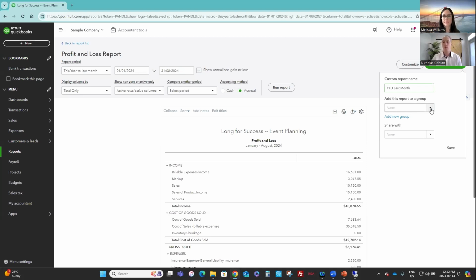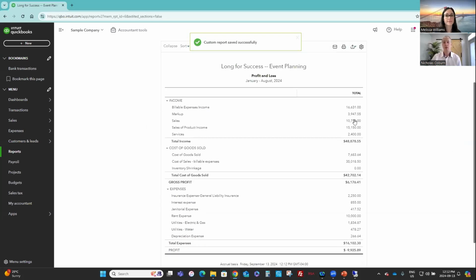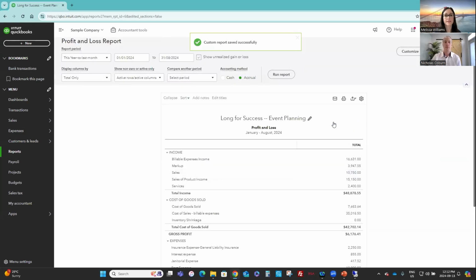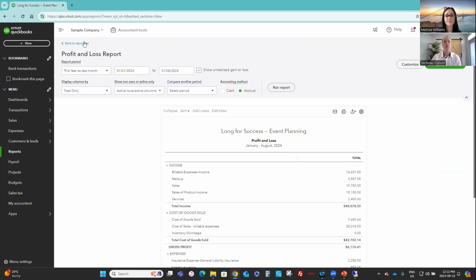You can create a group. So two options here. Maybe there's a group of financials that you just want to save so that you're looking at it on a monthly basis or annual basis. Maybe you want to share it with everyone so they can see it. Like if you added an accountant to this, you could share it so that everyone sees it, including your accountant, or it's just you. So once you've picked those and you've saved it, now this report literally is going to populate itself every month. You don't need to come in here and do this again.